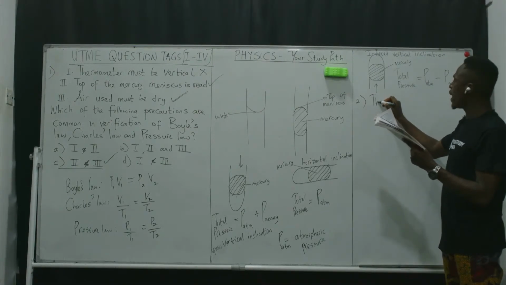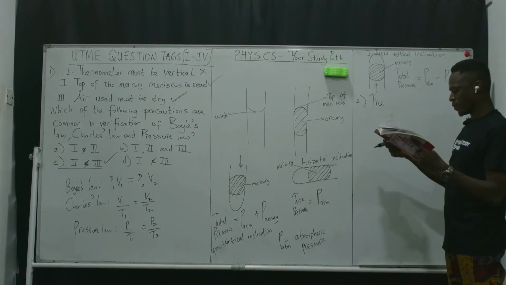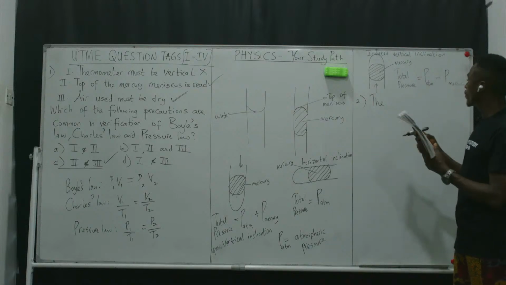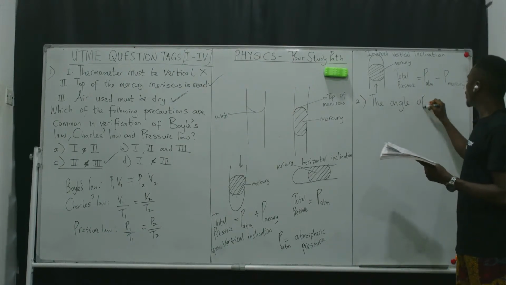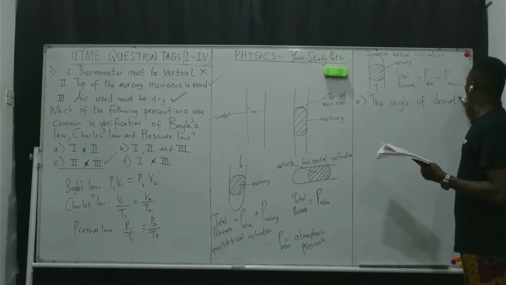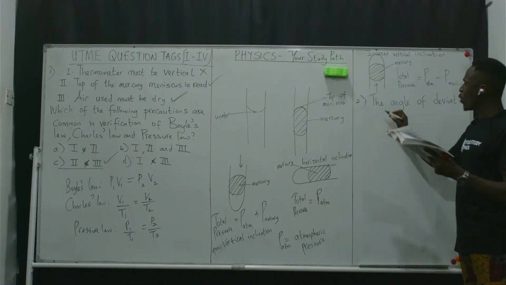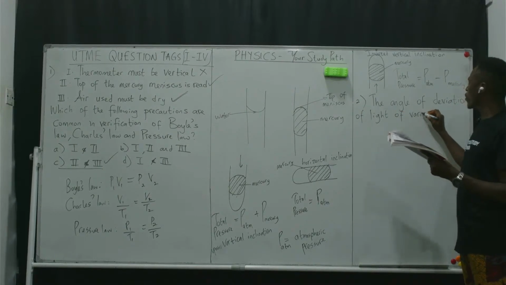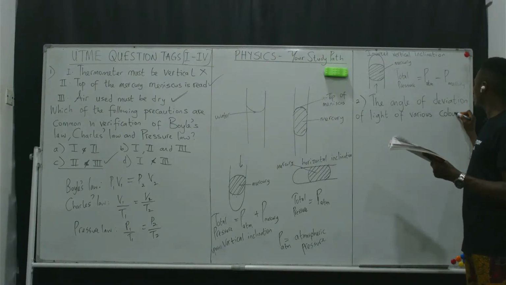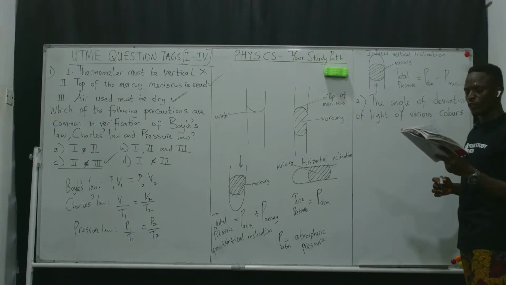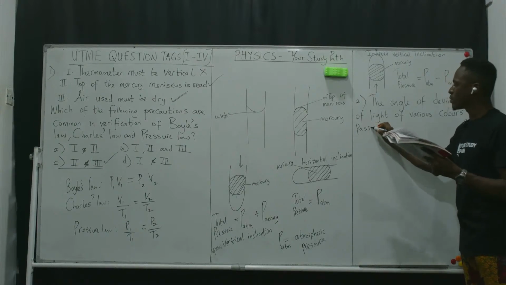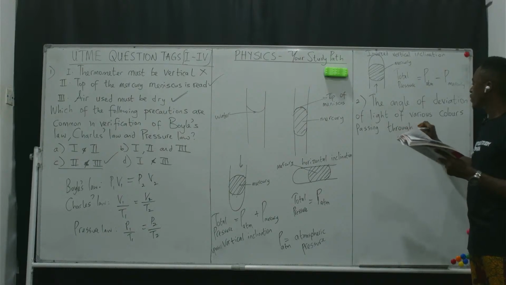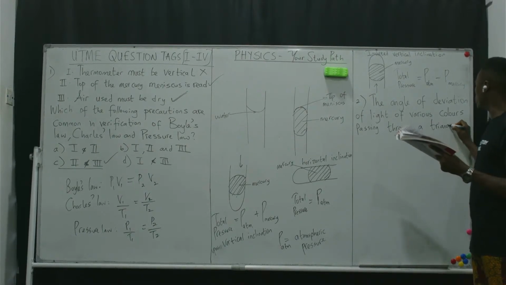We're told that the angle of deviation of light of various colors passing through a triangular glass prism